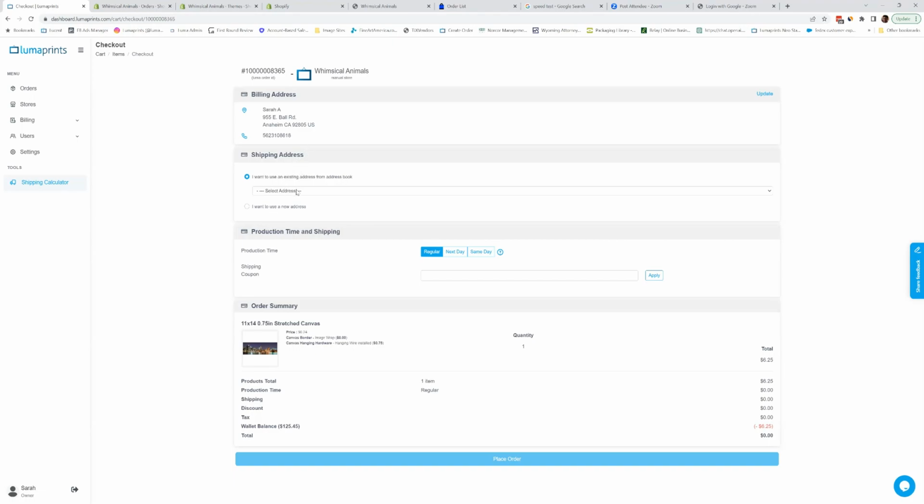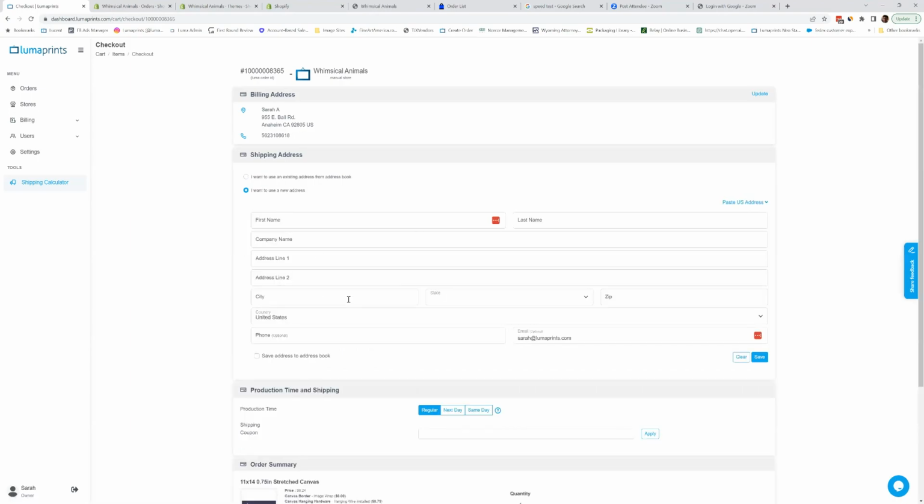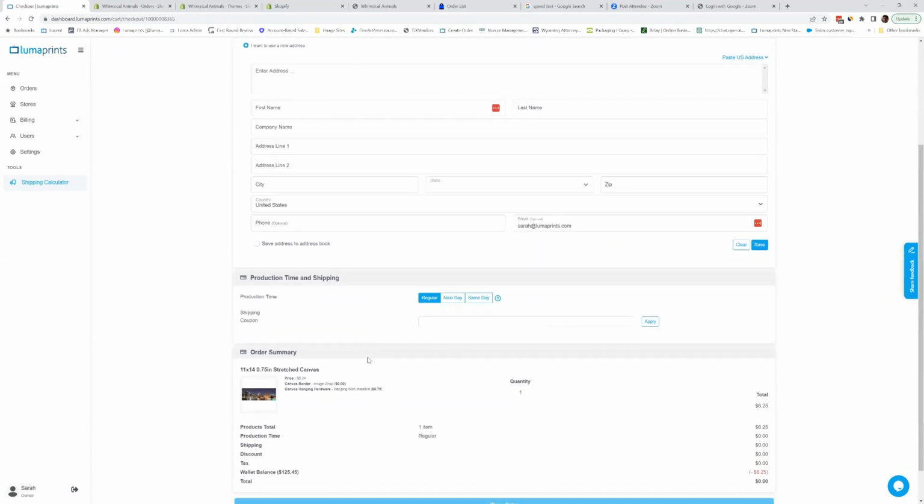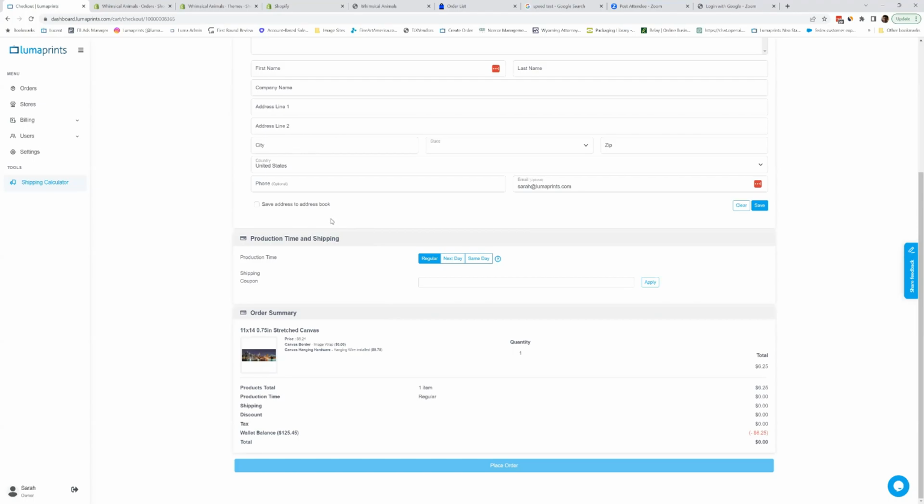Then we go on to the shipping address. You can use existing addresses, or you can enter a new address for the order. If this is a synced order from your shopping cart, like from a Shopify store or an Etsy store, the shipping address would be pre-populated here for you. We also have a feature here to paste address. It'll open a bar here that you can paste the address in, and then that would automatically populate the information down here. After you put in the address,